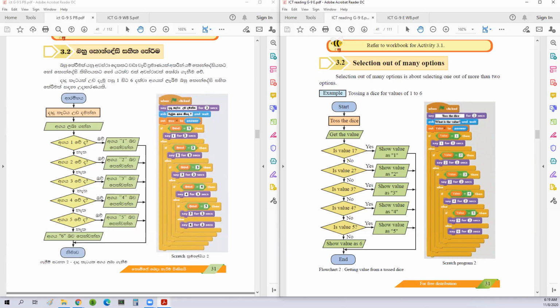So let's see whether we could use this, right? Now for this I'm going to use again a Scratch